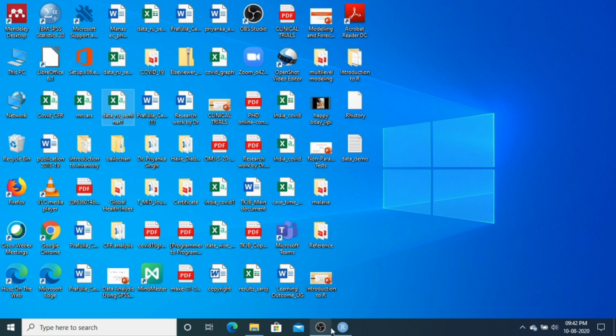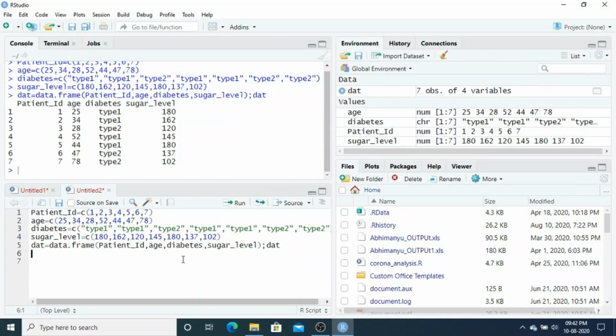Right now let me call it using some command. There are two ways you can do the same thing. One is a very easy way, and I recommend that you do that first. The other method I will also demonstrate.